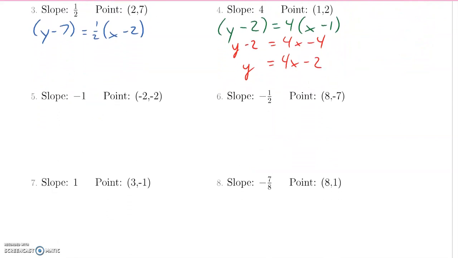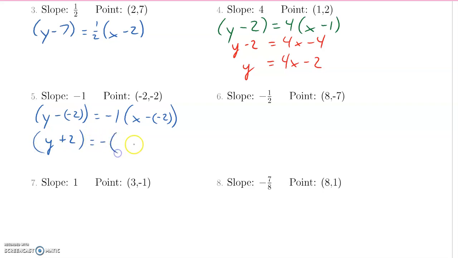Okay. So we've got y take away negative 2, so be careful with the negatives. It's equal to negative 1, x minus negative 2, careful with negative. All right, so I'm going to simplify this one at least a little bit here. So this would be y plus 2 over here equals, you can write the 1 if you want to. I'm going to drop the 1, and it'd be something like that. Okay, and then you could solve for y, but we'll save that for later.